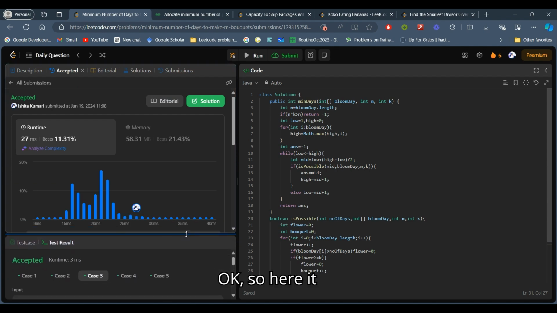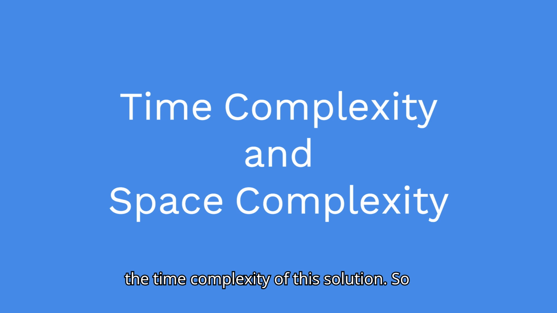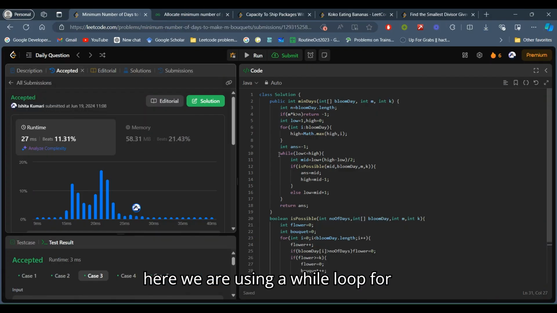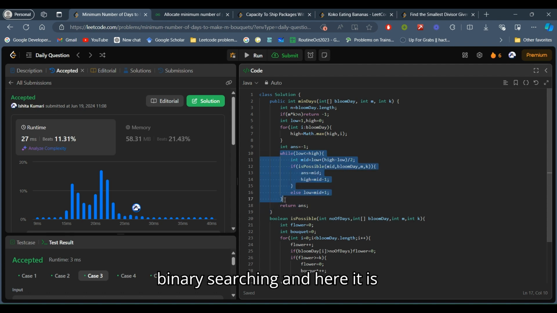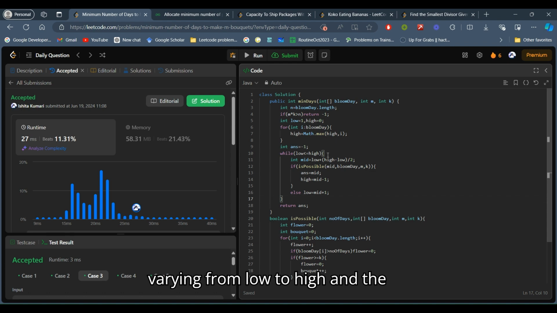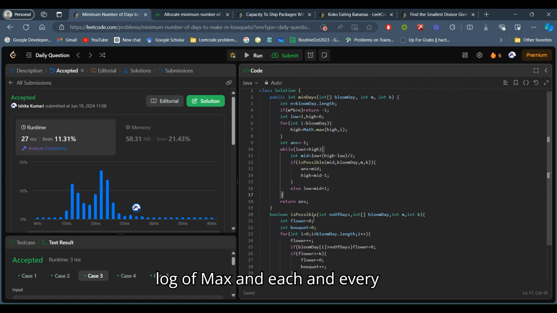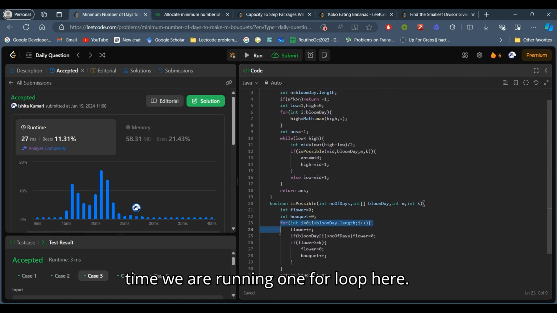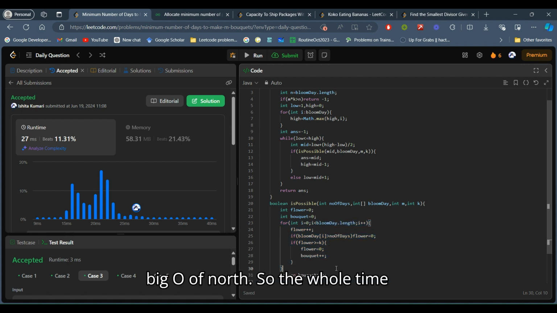Okay, so let's analyze the time complexity of this solution. We are using a while loop for binary search, which varies from low to high, and the range is the max value, so log of max. Each time we are running one for loop, which takes big O of n.